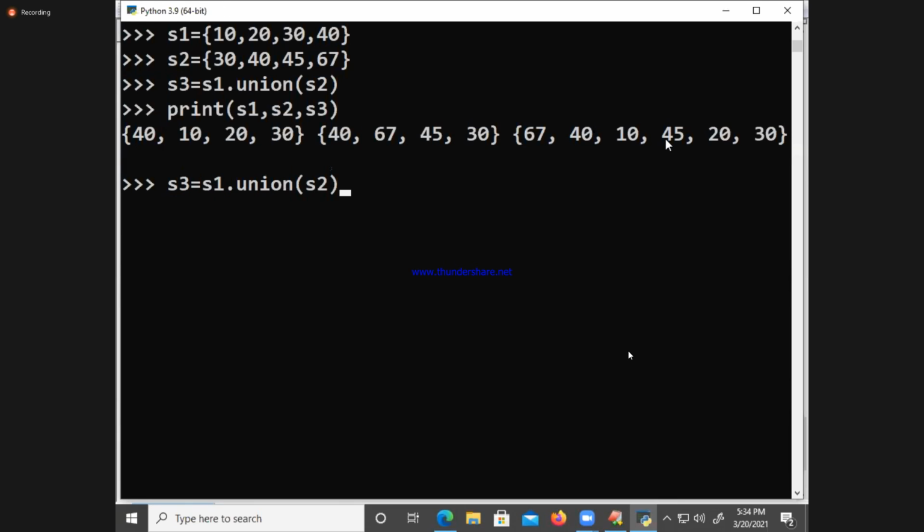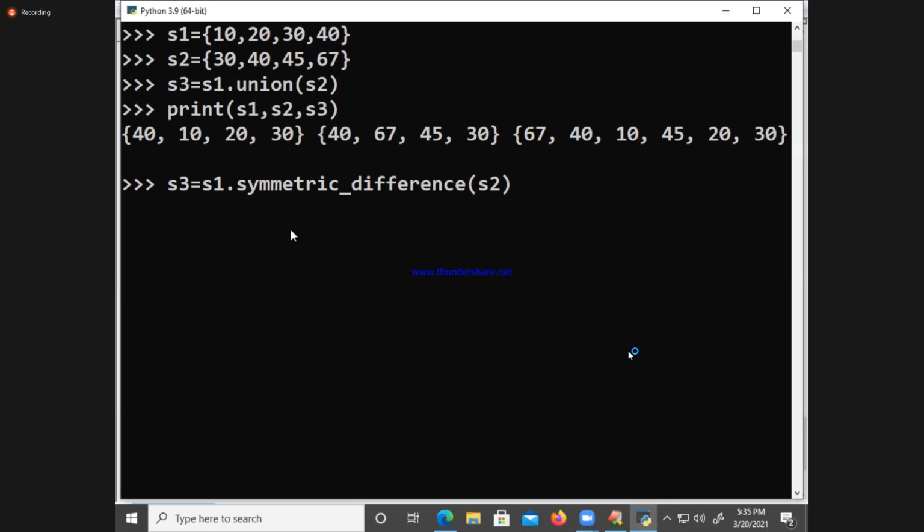Now I am applying S1 dot symmetric underscore difference of S2. Here, the common elements of S1 and S2 are removed, and then the exclusive elements of S1 and the exclusive elements of S2 are put into S1 only, not into S3.